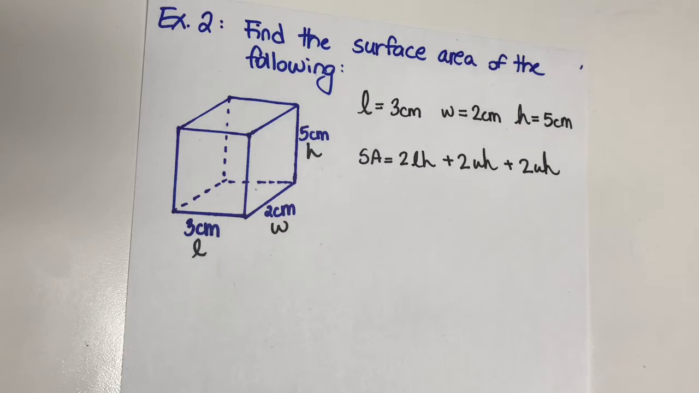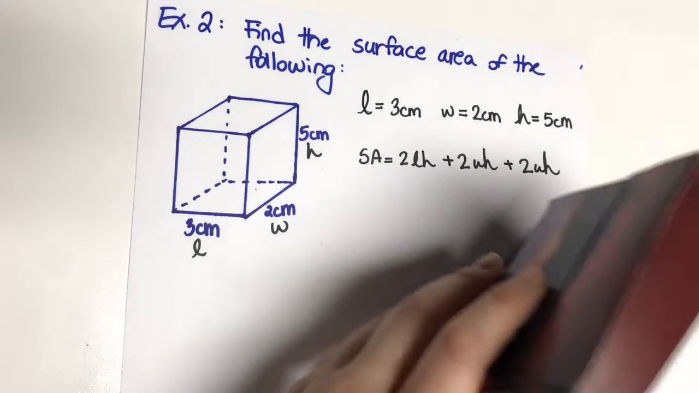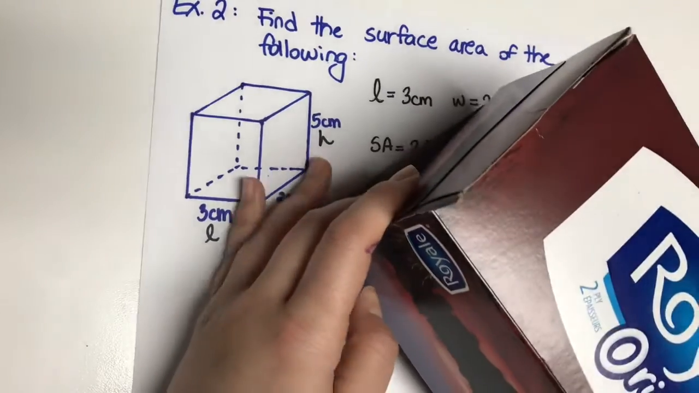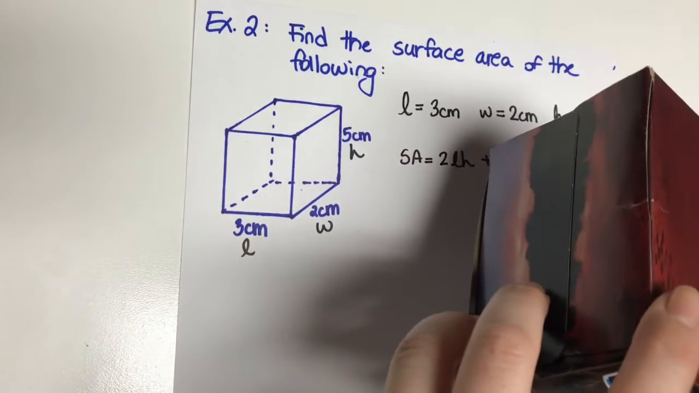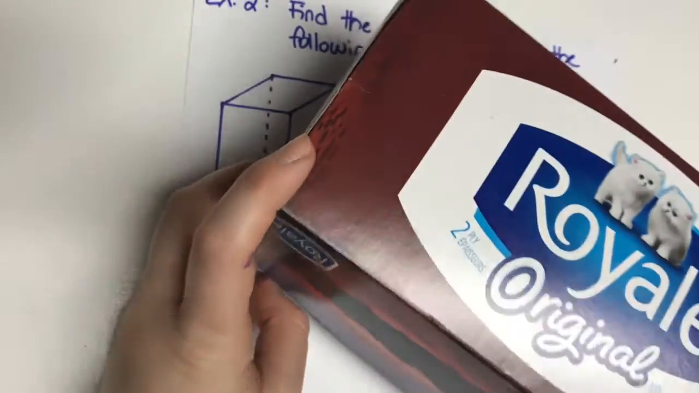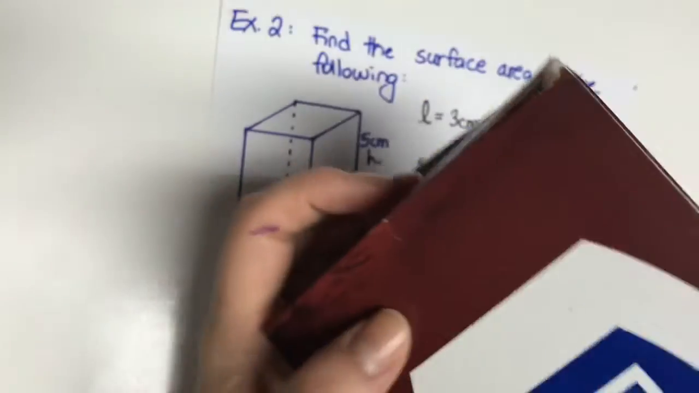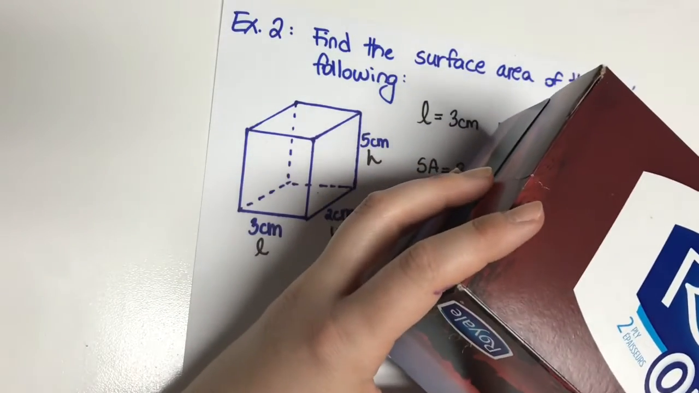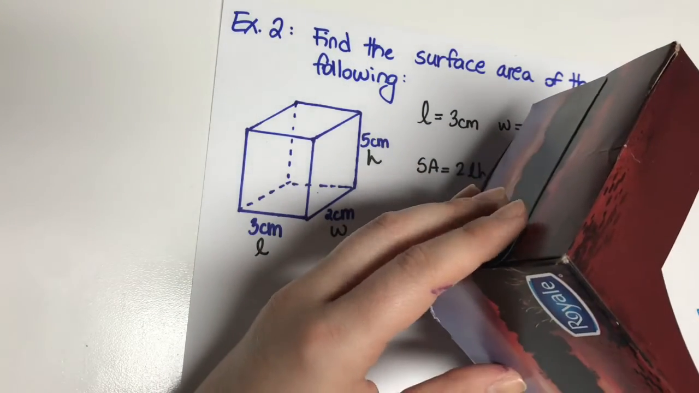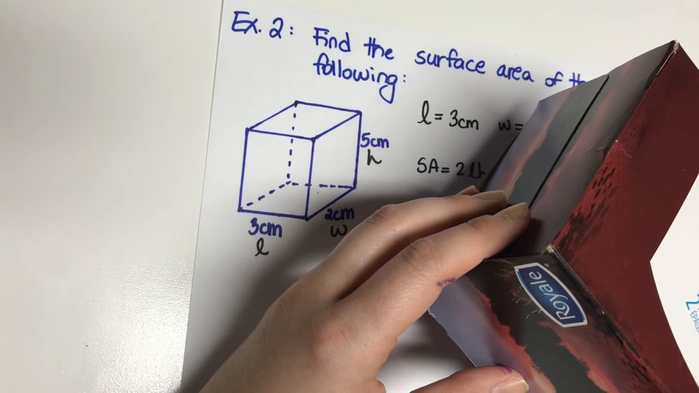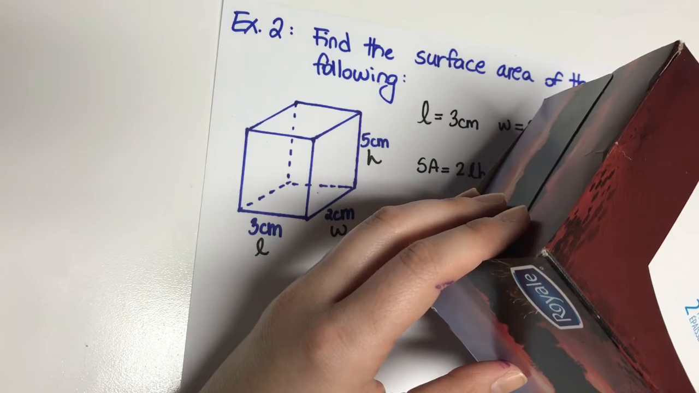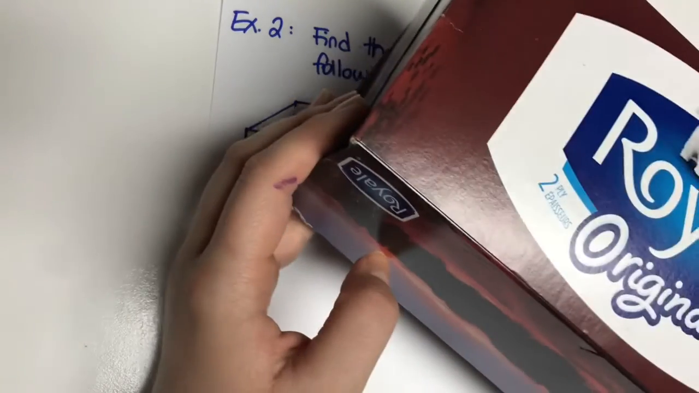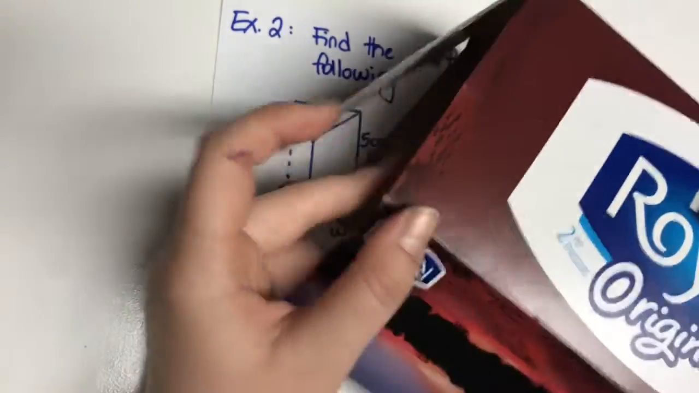So what surface area is saying is, okay, we have a rectangular prism right here, this Kleenex box. I know that it's a rectangular prism because on this side I have a rectangle, and all the other sides are also rectangles. If I'm talking about volume, I'm going to ask myself how much can fit inside the box. Surface area, on the other hand, isn't talking about how much can fit inside, it's talking about the outside of the shape. So if I were to unfold it,